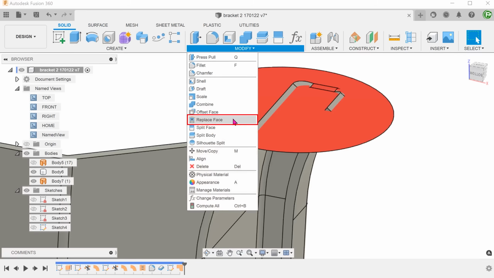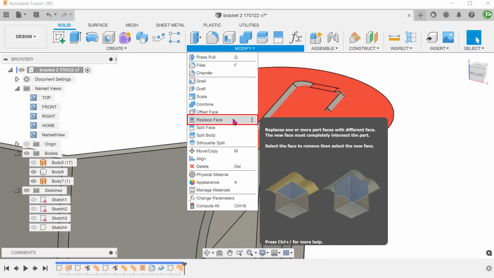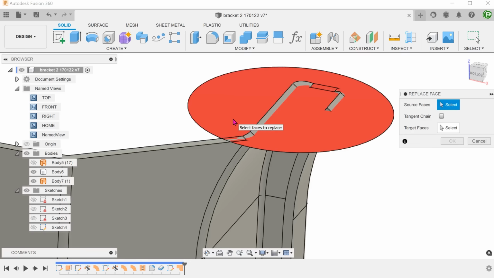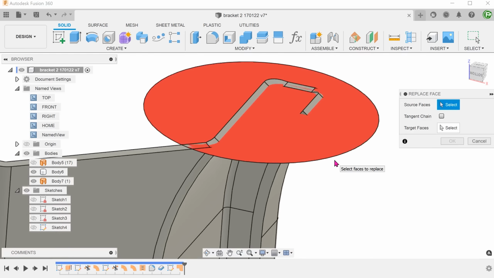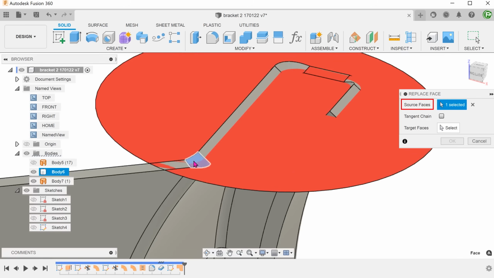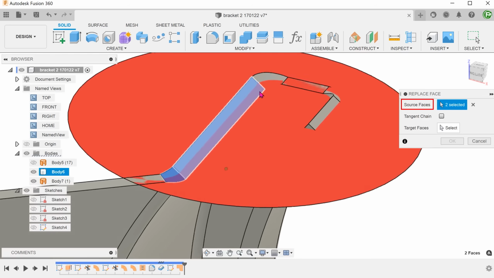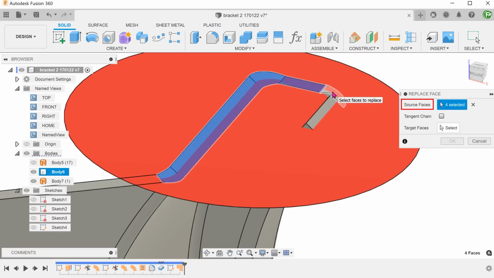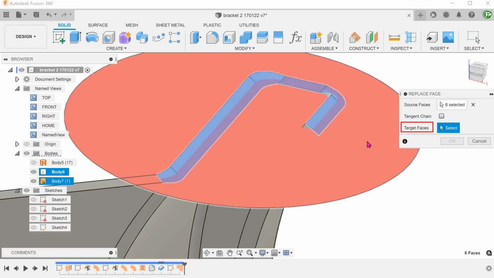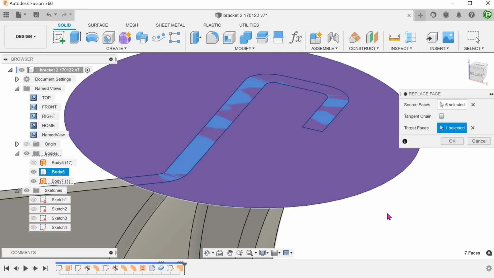Go to Modify, Replace Face. The source faces are the faces that we need to change. So select these faces. The target face is a face that we are using as a replacement. Click on the Select box and select the circular planar face.